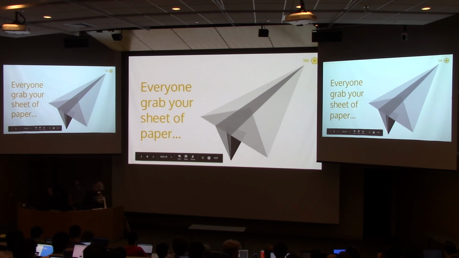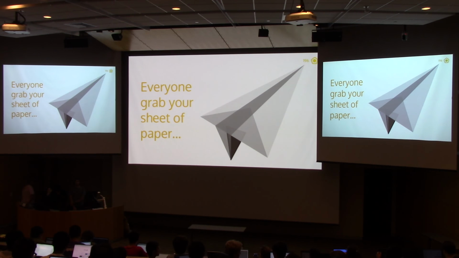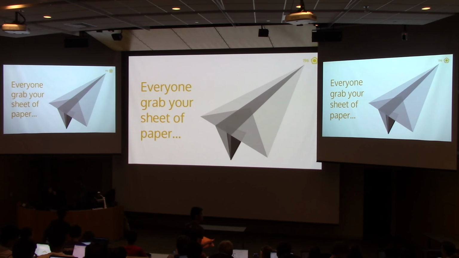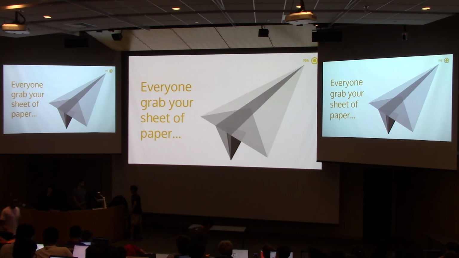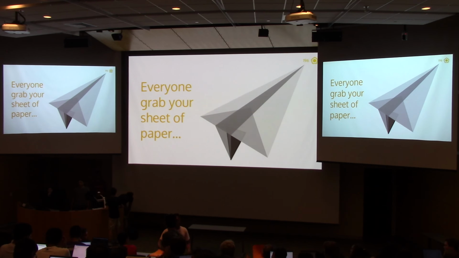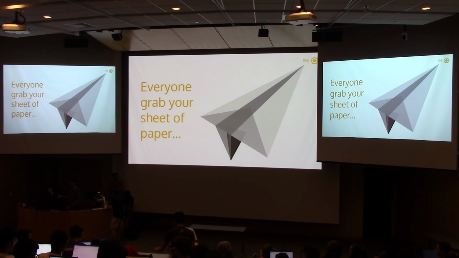Okay, so now we're going to do something a little different. We will have staff walk around and hand out pieces of paper. What we want you to do is write down what you hope to get out of this class, or an idea that you have, or both, anything like that, and then you're going to make a paper airplane out of it. So if you don't know how to make one, ask a neighbor. We can also help you.